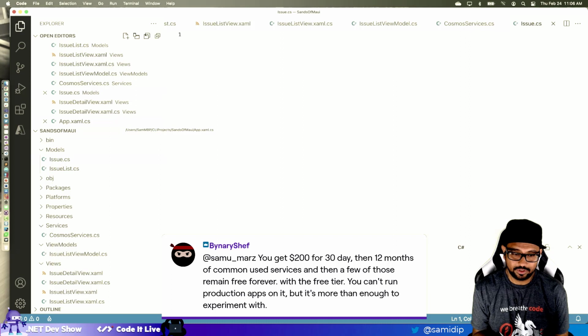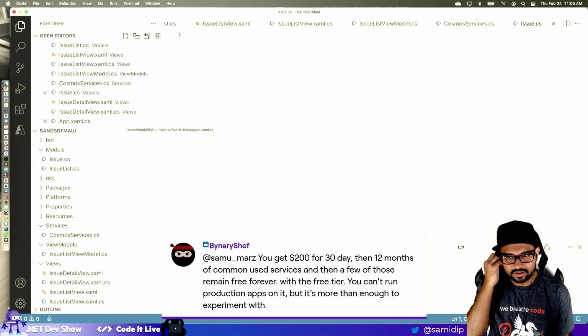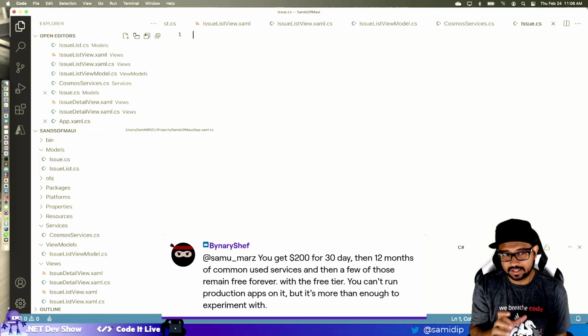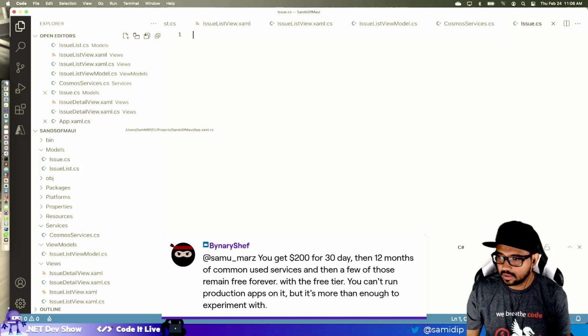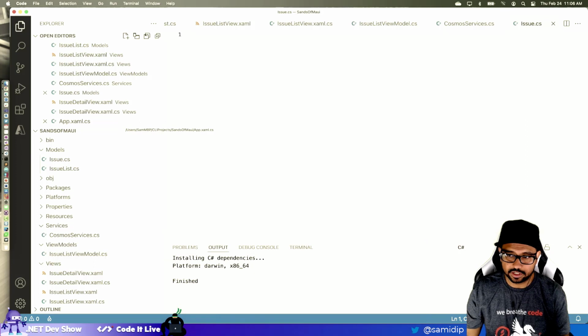So I'm actually hoping to put this app in the app stores, so that would be production. I'll figure it out. I'll figure out where I have to pay. Well, the thing is, I may not have to pay because Binary Chef and I are Microsoft MVPs, so we get a good amount of credit, which is free money. Where something that you would pay with your credit card, we get I think $150 per month of credit, which is not bad. So yeah, the freemium tier does get you quite a bit.